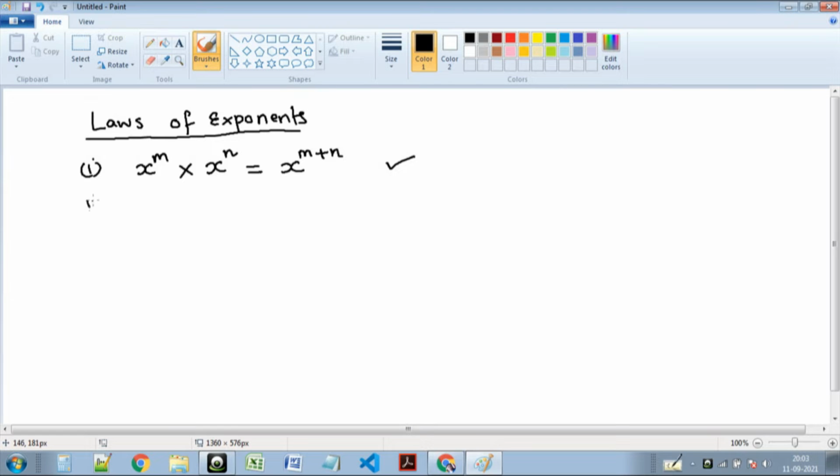Now the second one that we have done in our last video was x to the power m divided by x to the power n. So here again you can see that the bases are same but the powers are different, and in between they are having the division sign. So the resultant will be x to the power m minus n. And we have seen this one with an example in our last video. Okay, the third one was,